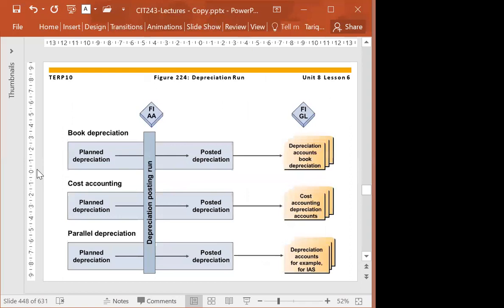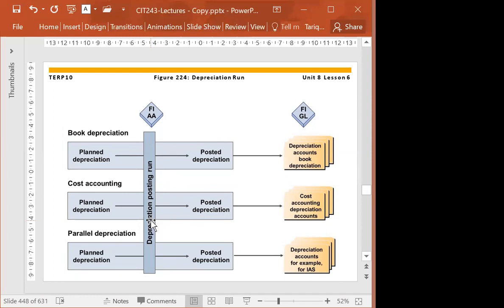Now, the depreciation is actually posted in assets accounting and in general ledgers after the posting run is made. So when we make the depreciation posting run, that is the time when the posting will be made to fixed assets. Postings will be made to the general ledger for those depreciation.